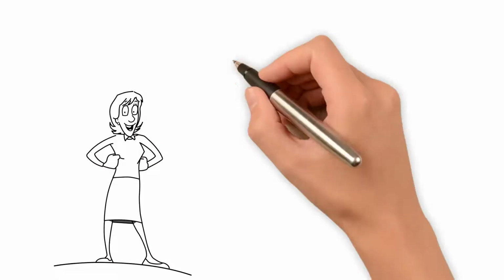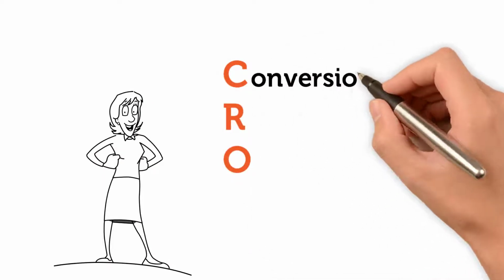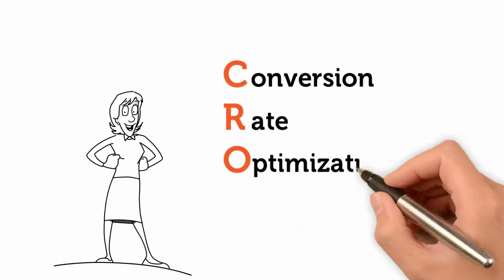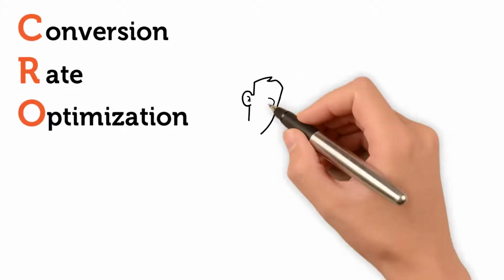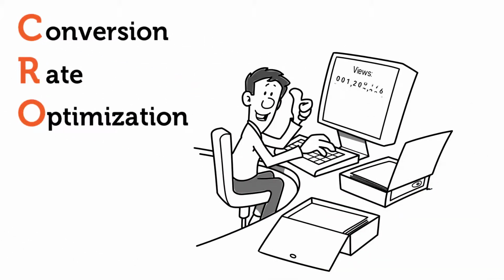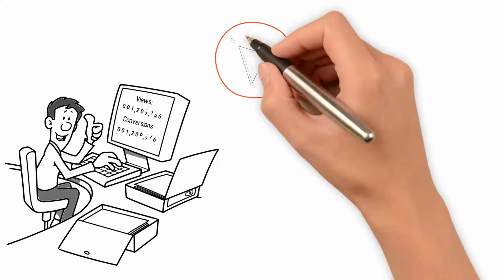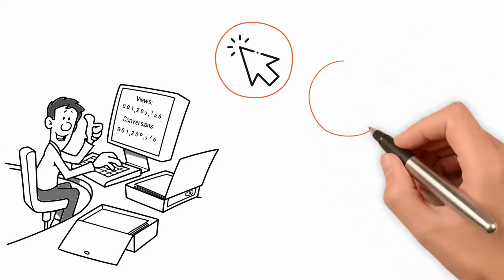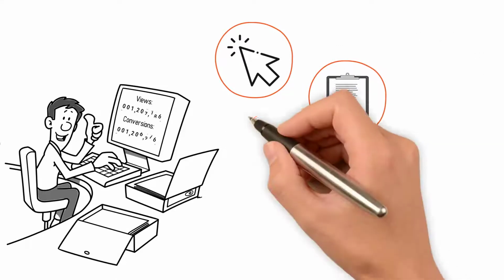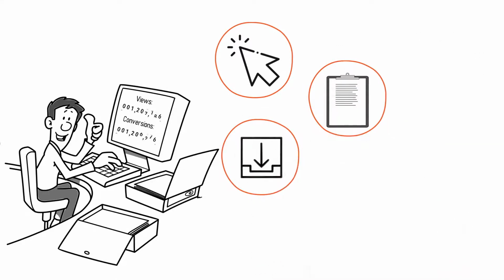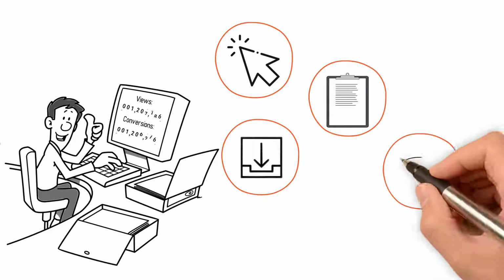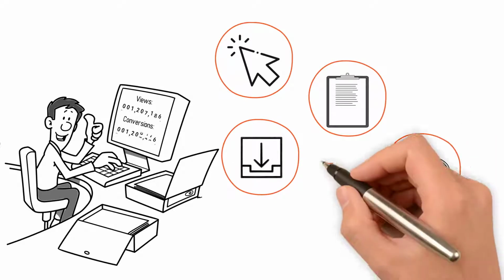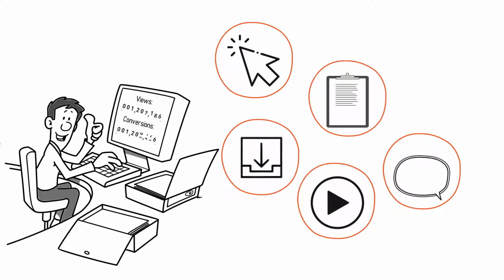Thanks for joining me. Today's topic, conversion rate optimization. What is it? CRO simply focuses on finding the ways you can increase conversions with the audience that is already visiting your website. Conversions could be prompting your current prospects to doing things like clicking a call to action, filling out a form, downloading an asset like a white paper, engaging with your website chat box, watching a video.